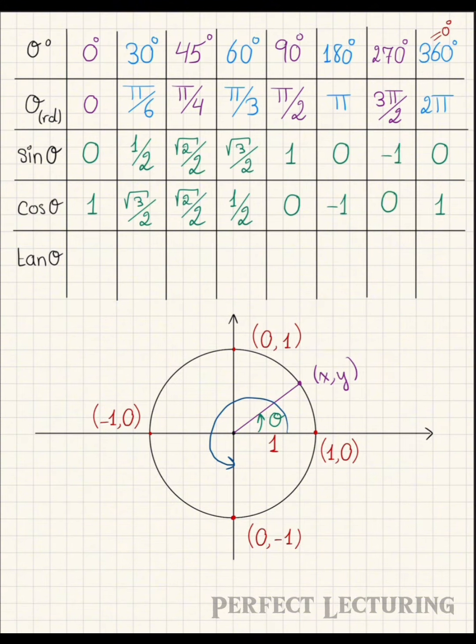Now we still have the tan of theta, which is simply the sine of theta over the cosine of theta. So all we have to do is to divide the sine of theta over cosine of theta, and this is